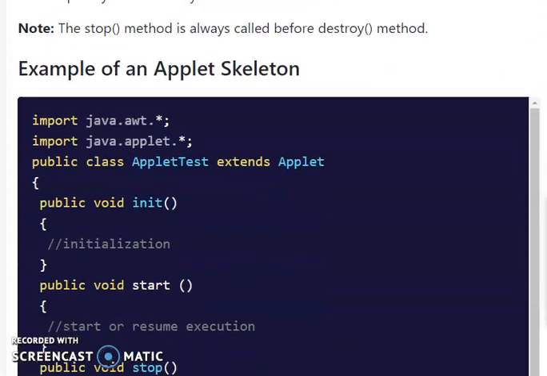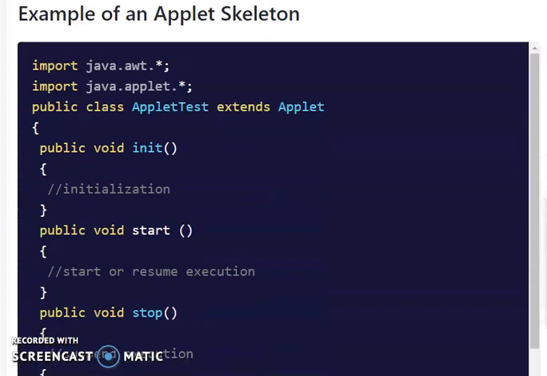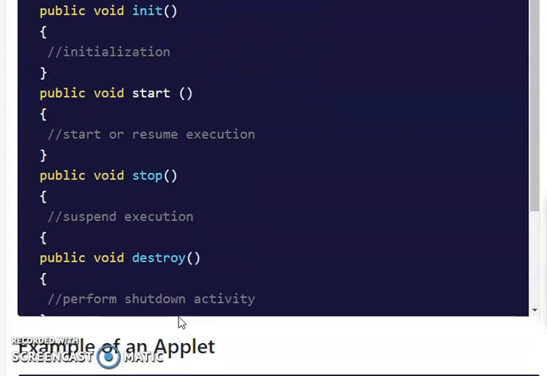So this is the skeleton of an applet lifecycle. First, it should be init. This is like the main function in application programs. Here, the applet starts its execution from this init method only, and the initialization of variables is done here. And then the start method. Here, the applet is started, and it is also stopped or resumed. By using the stop method, the applet is suspended for a particular time. By using destroy, it will be permanently deleted from memory.